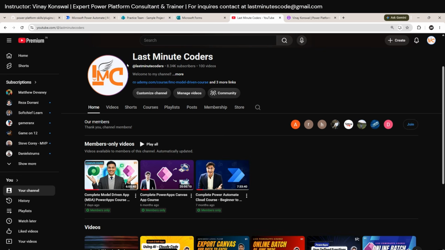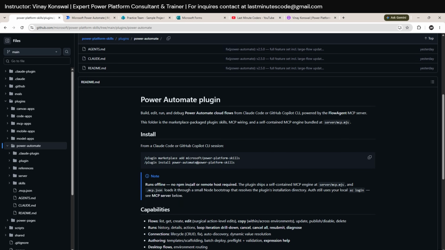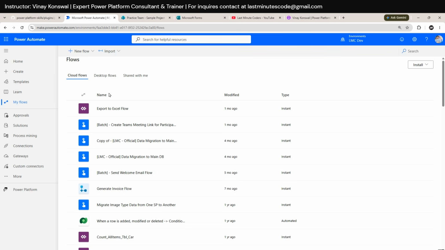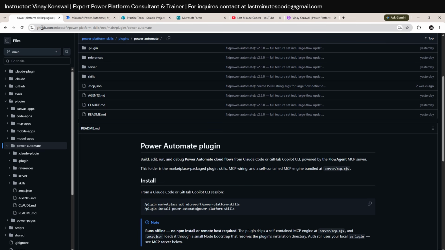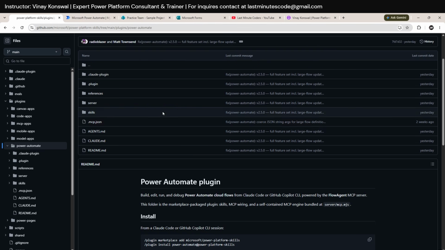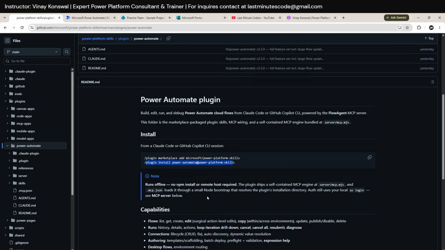So today our task is going to be how we can create our Power Automate Cloud Flow using Claude Code or using AI. All right. So if you'll just go to this documentation, and if you'll go to github.com/Microsoft/Power Platform skill. So Microsoft just recently launched this skill. Okay, and they have given this plugin which you can install in your local system, and with the help of which you can definitely create,